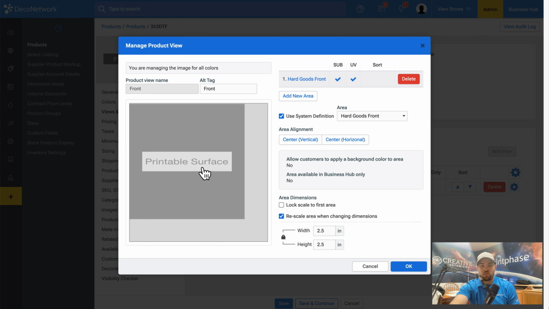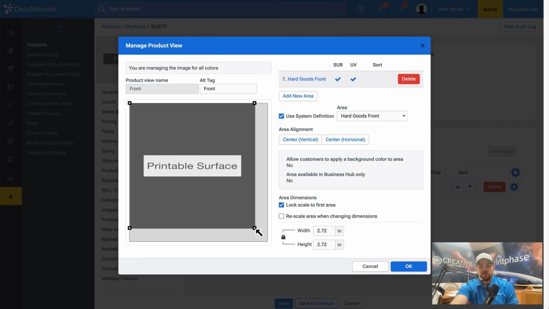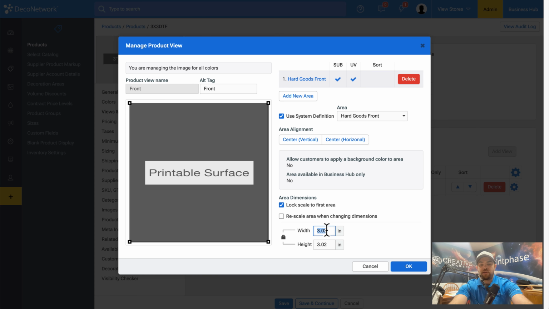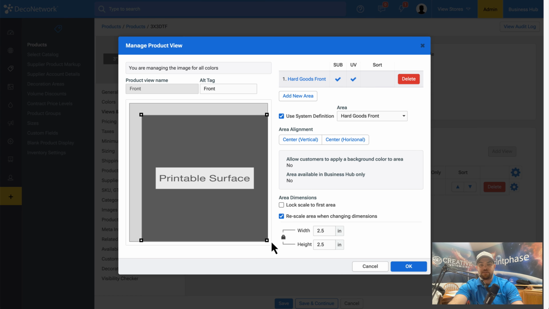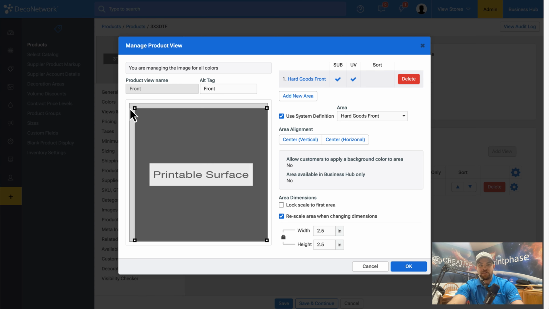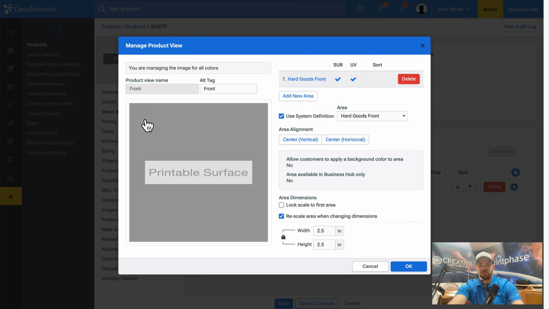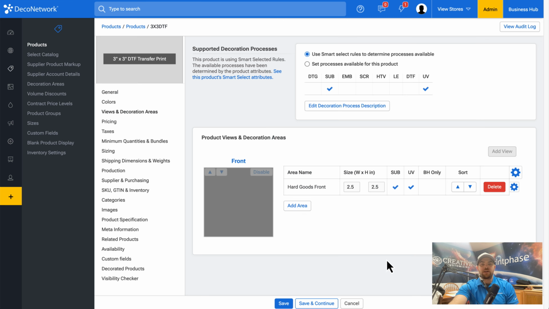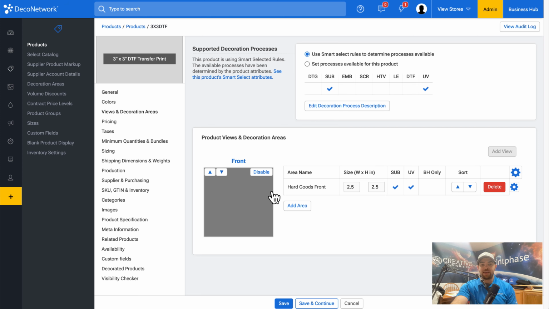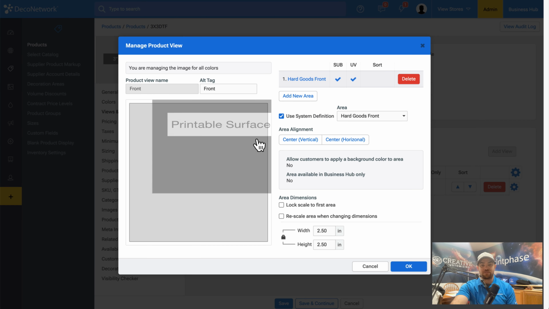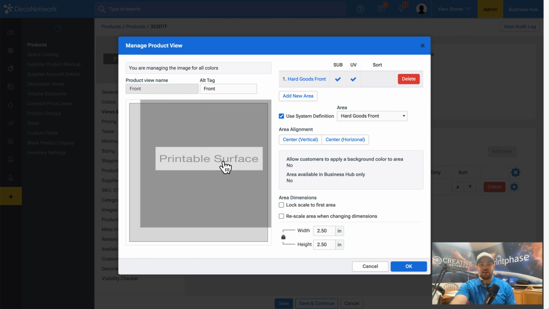And we can then resize ourselves. Now it's important that we actually use our settings correctly, so we'll uncheck the lock scale. And it's really that simple. The shapes already within Deco for these products just make it easier to manipulate squares, circles, rectangles, however I need it to be. And if I really need to get creative, I can always reshape the shapes in here or